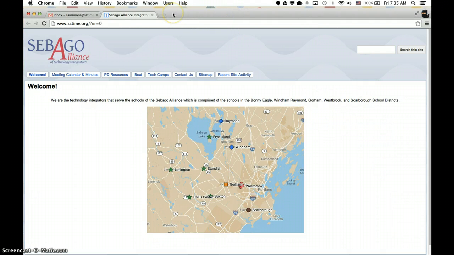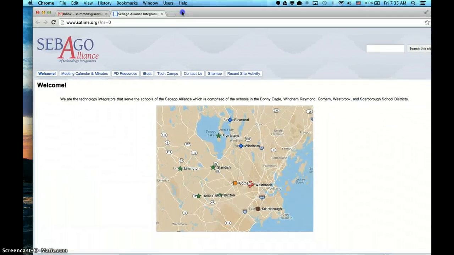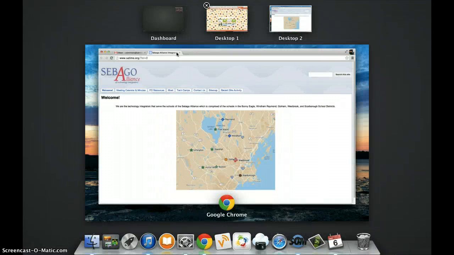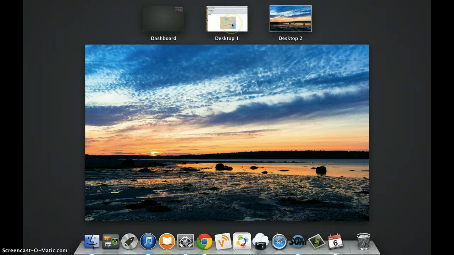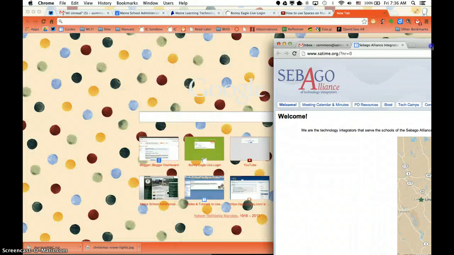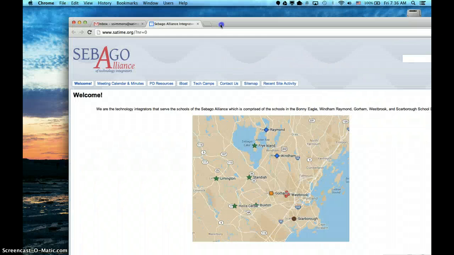Now, the other way that you can move items to other desktops is by clicking on the window and then dragging it to the side of your screen if you have another desktop created. So then when you look at my screen again, I have my Sebago Alliance Chrome window open on desktop 2, and then my Bonnie Eagle Chrome window open on desktop 1. So it's very easy to manage the 2 of them and switch items back and forth through either method, either clicking and dragging or dragging over to the right hand side or left hand side of your screen, such as like this again, like such,